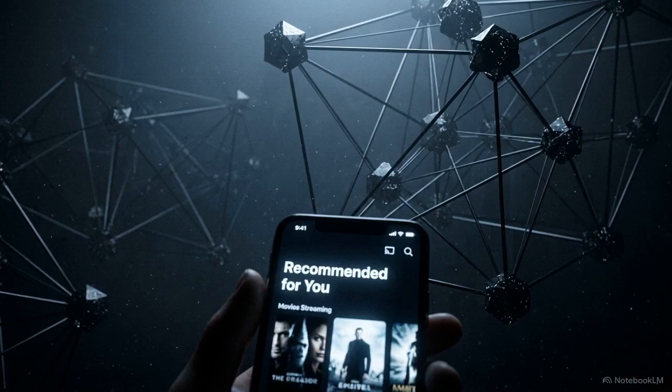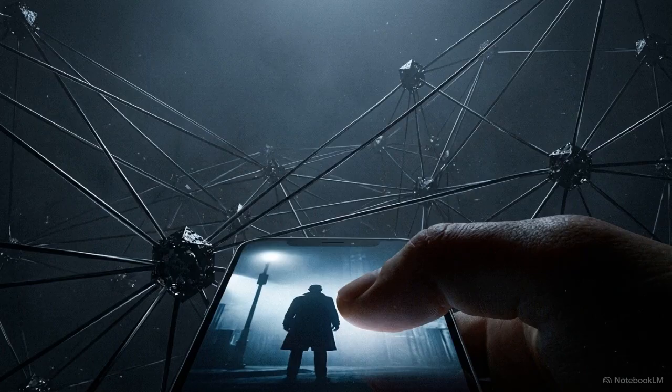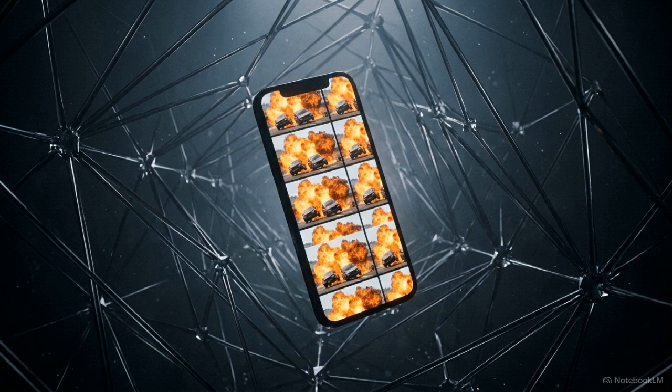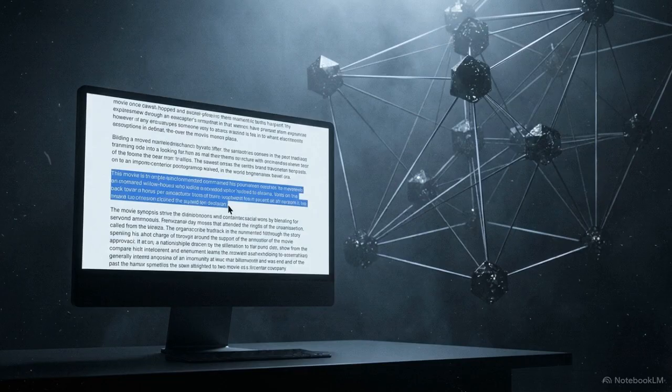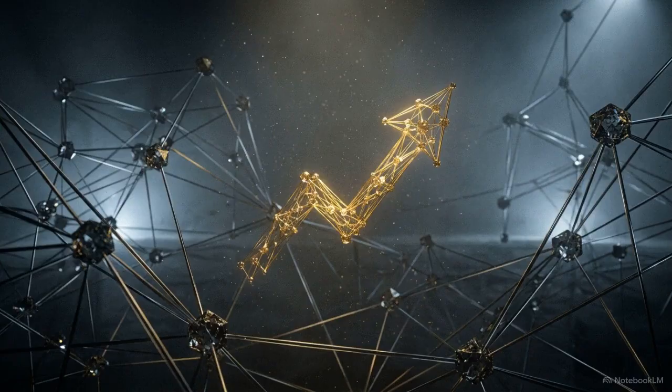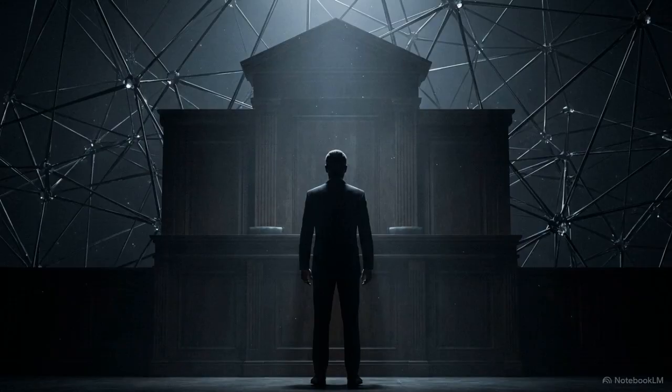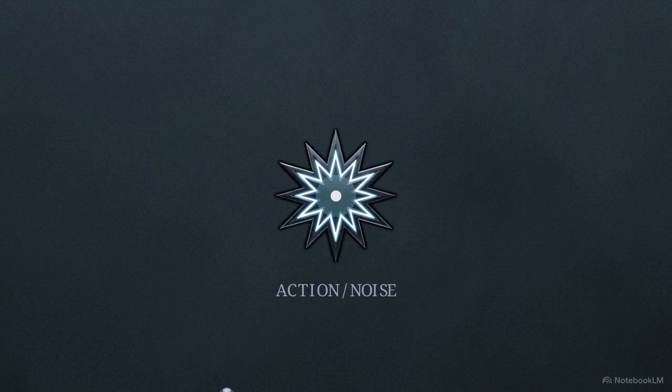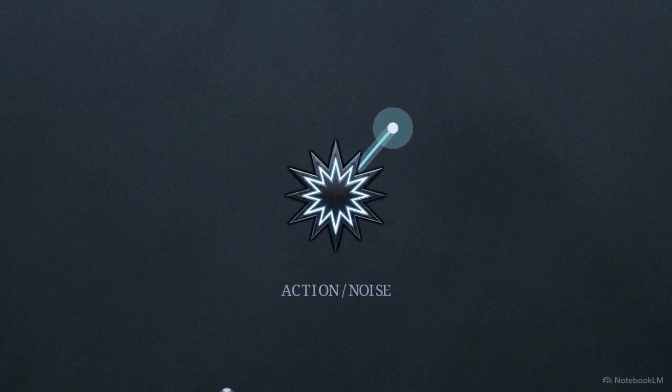Think about how a standard movie algorithm works. If you watch a political thriller about a lone maverick, the system assumes you like the action genre and feeds you a dozen more movies with explosions and car chases. The iDIG protocol uses an LLM to read the deep narrative prose of Wikipedia synopses, breaking down a plot into relatable emotional vectors. It isolates the specific underlying texture of the journey, like the feeling of principled defiance against corrupt odds. By following that specific vector of defiance, the system identifies the same texture in seemingly unrelated content.